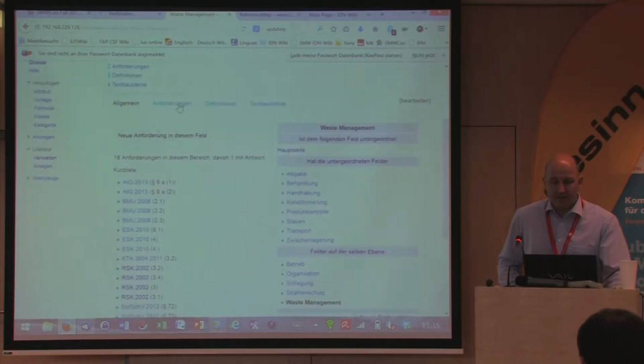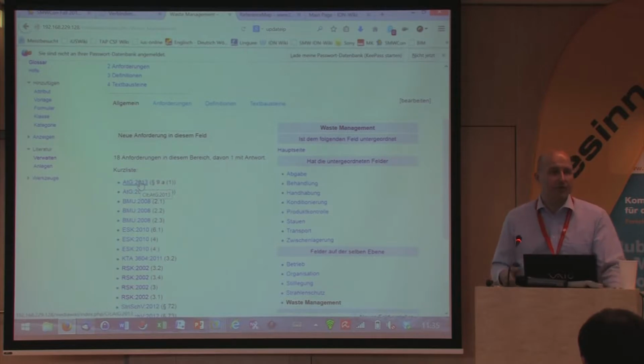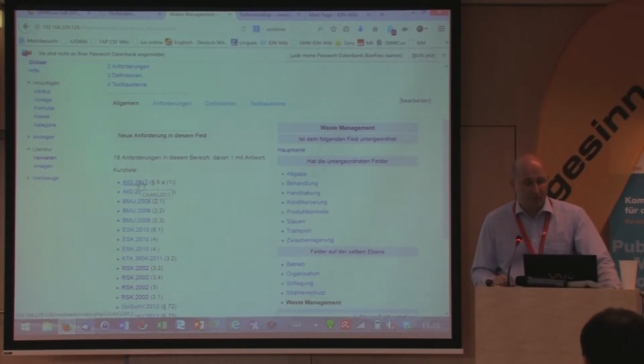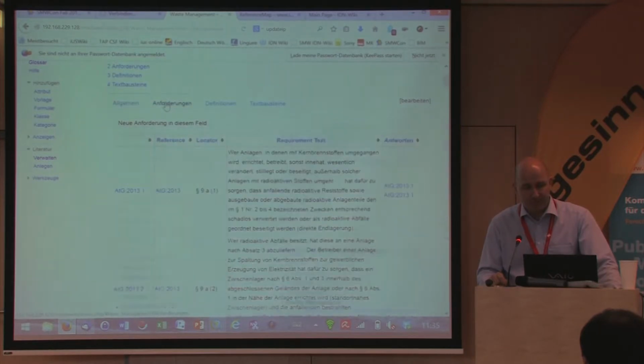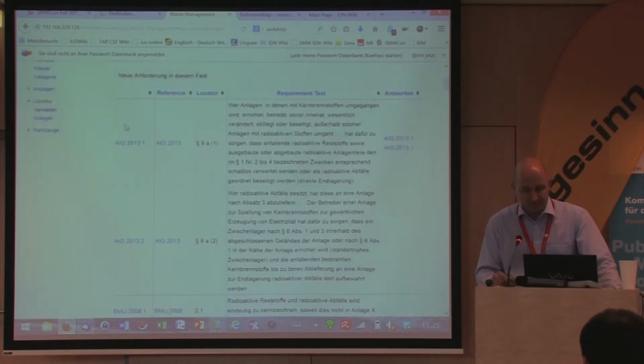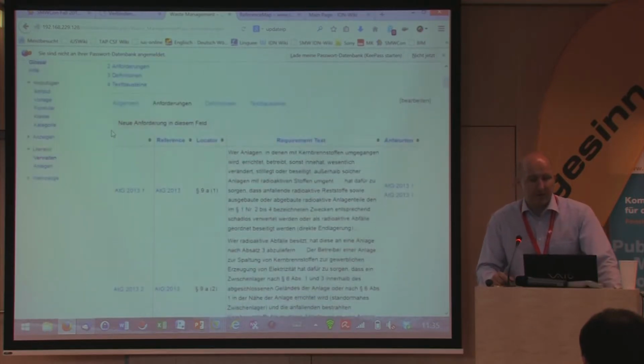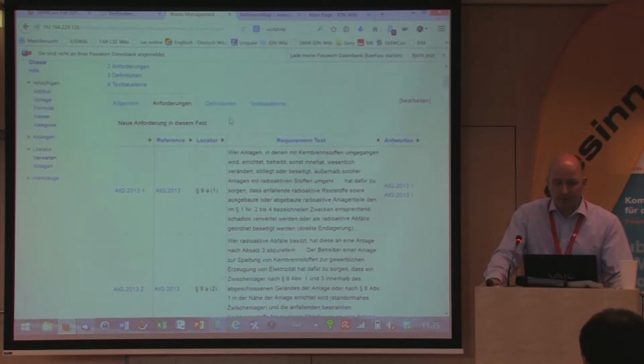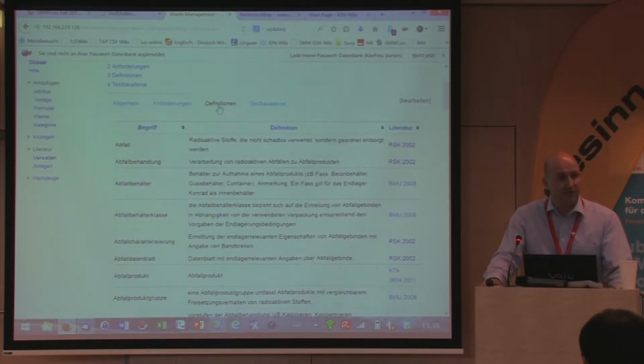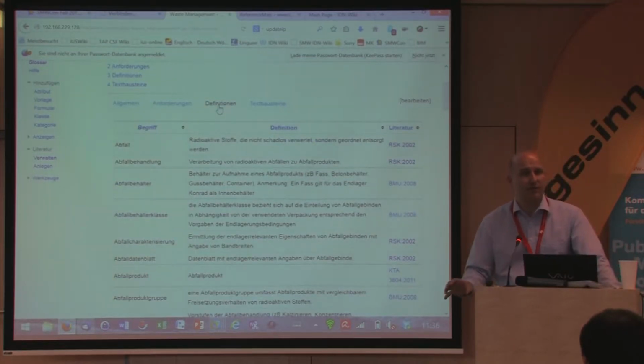And there's a reference to the regulatory background, to a law, to an ordinance, or also to some standards like KTA. And then you can map all these requirements,